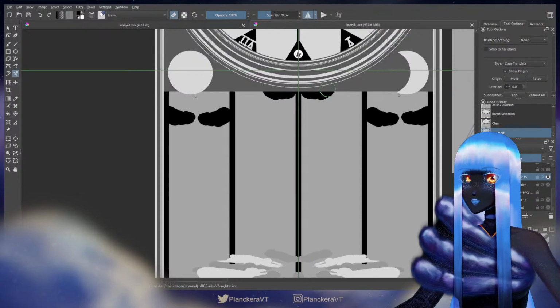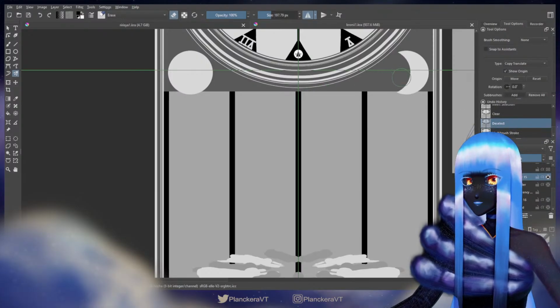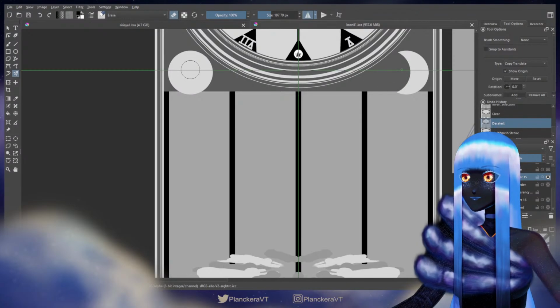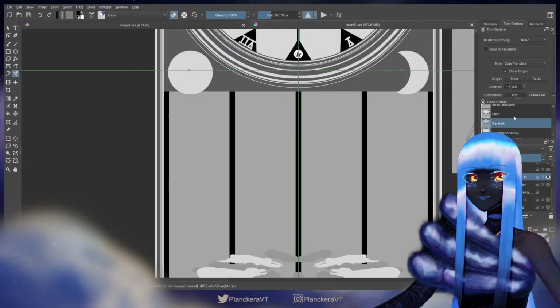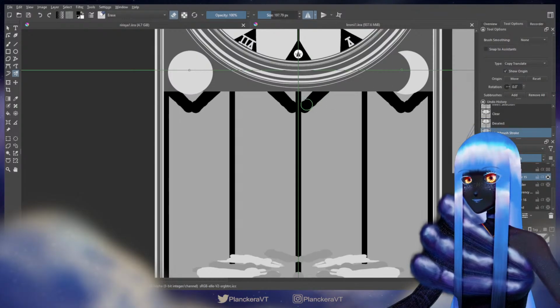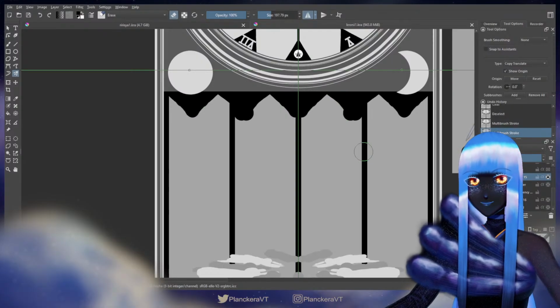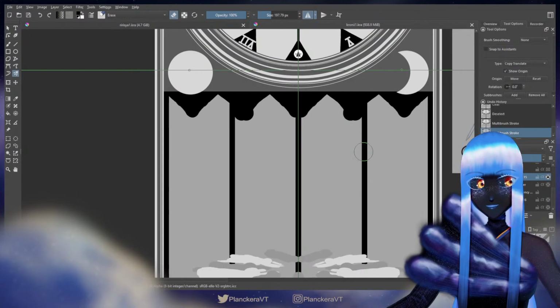Why is it so low? Okay, so does that mean I want them higher? Yeah, I probably want them on this line. And then if I erase like this... Okay, so if I get something precise, I can do things.